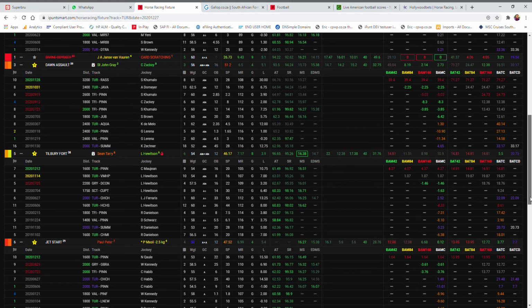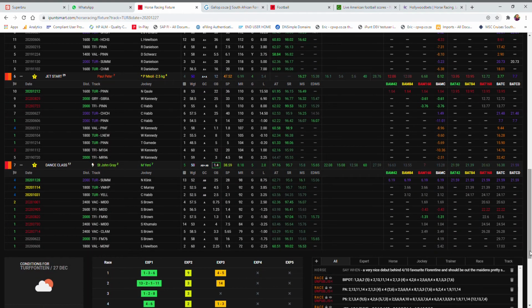So the other interesting runner for me is actually Jet Start, Paul Peter, with Macaulay taking the ride. Now Macaulay takes the 2.5 kilos off, only giving it 50, and because it's giving it 50, all of a sudden it jumps right in the middle here on the bat figures. It has won over the blue bat 2000 Turffontein. It's also won 2 in a row at Turffontein on 1800, which is very close. And that brings this run down to a 7.7 on the bat figure, considering he's only carrying 50 kilos today,